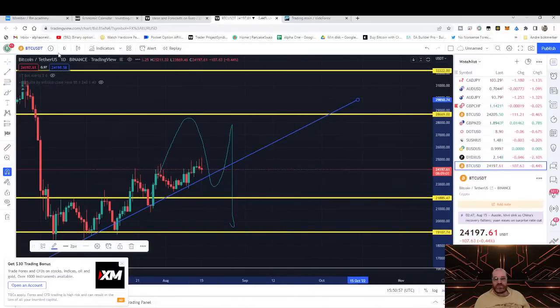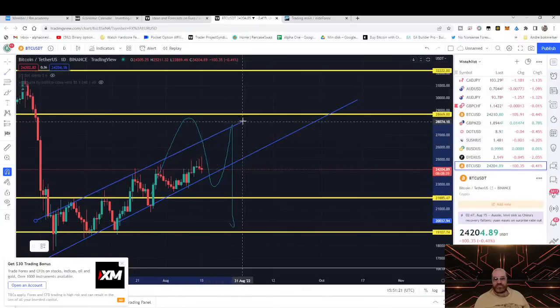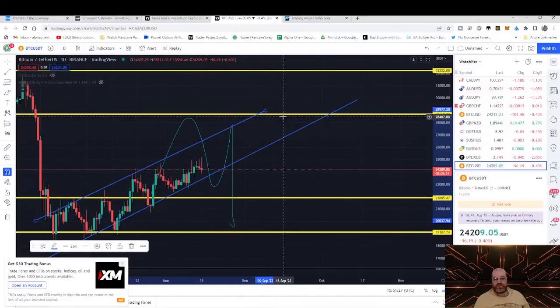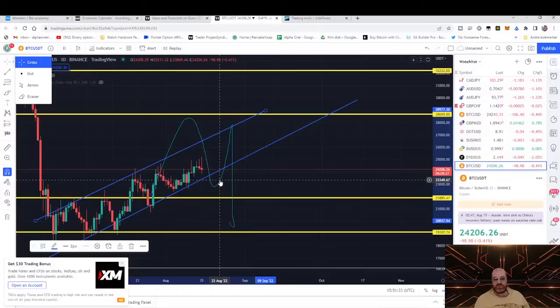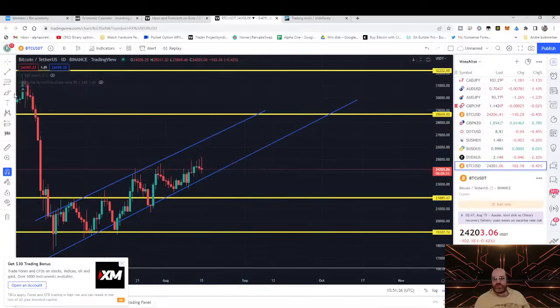You can see this is a 1 day chart, and you can see today we moved around $1,000. Of course, it's a lot of money, but for Bitcoin, the value of Bitcoin right now, the movement is tiny. So you can see if we take the trend line in the top, we are basically moving up here. I'm expecting us to basically follow. Let me see if I can remove this one first. Let's remove this one, so I can mark on it. I'm expecting us to be going like this